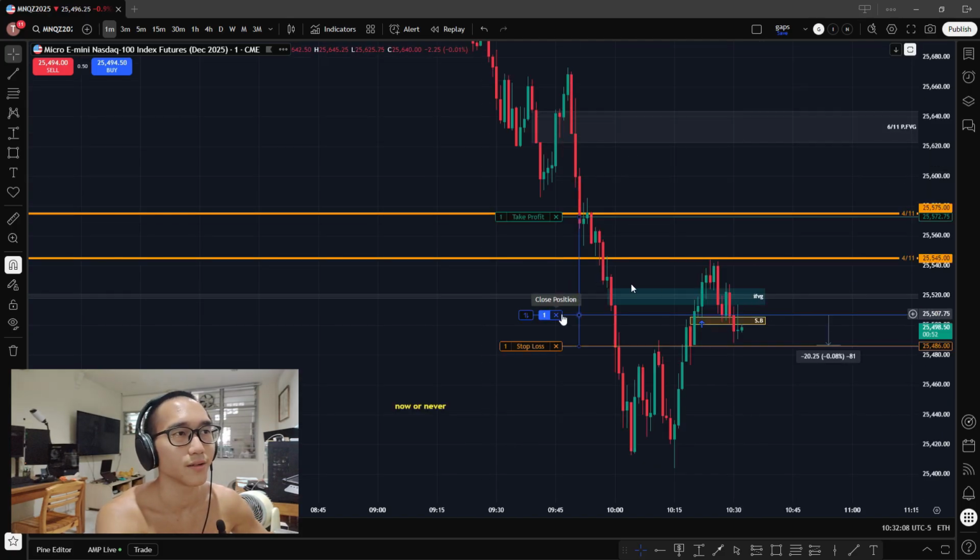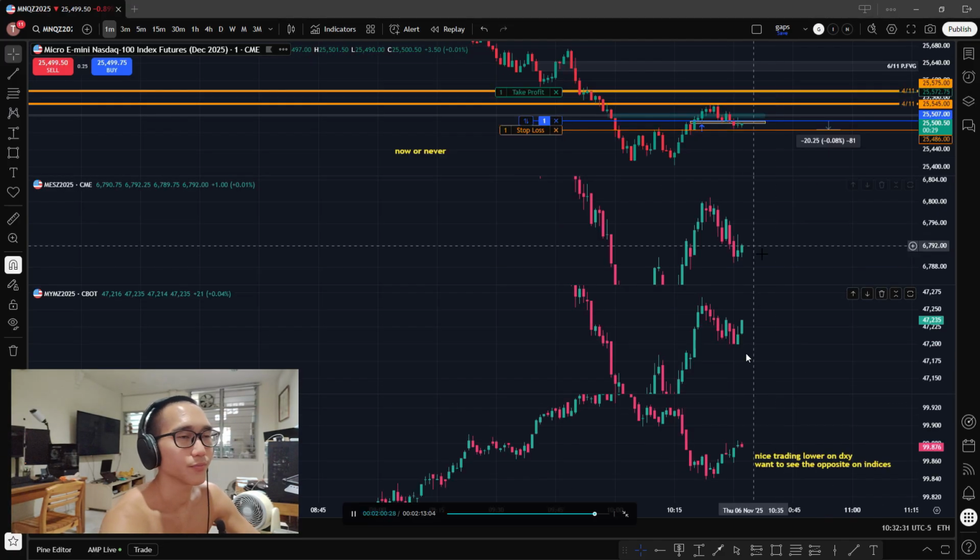It kissed the low of this CB, which I was thinking would be an emergent failure gap. But since it did not do so, it had buy side delivery, then sell side delivery with a CB right here. Then we immediately rebalance it with these two candles, then it lifts it. So right now, this emergent failure gap is actually a balanced price range. And for price to power through, it really needs a lot of strength, and this is not exactly what we're looking at. So yeah, right now I was in stop right here,